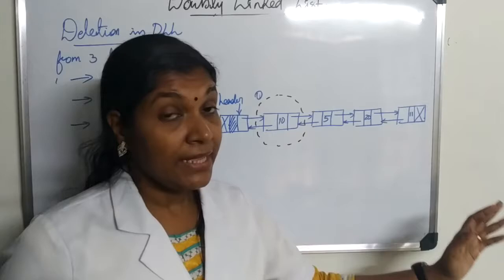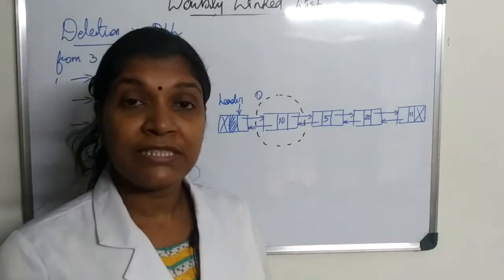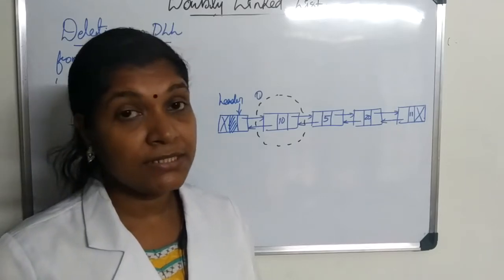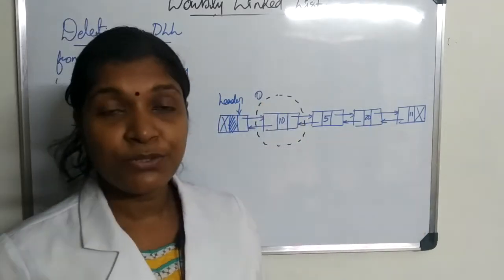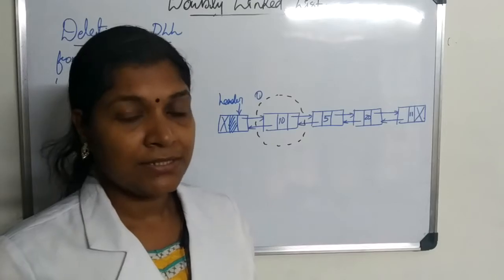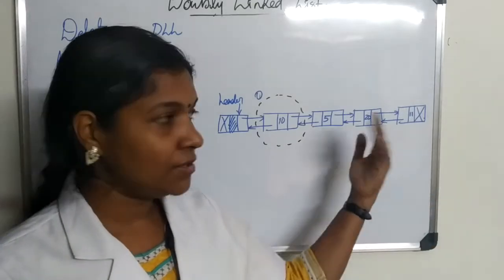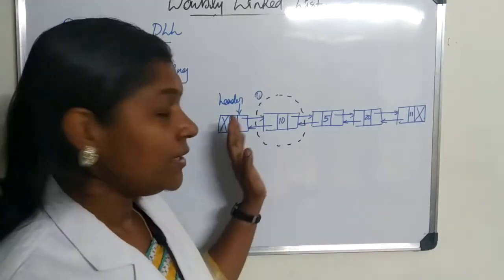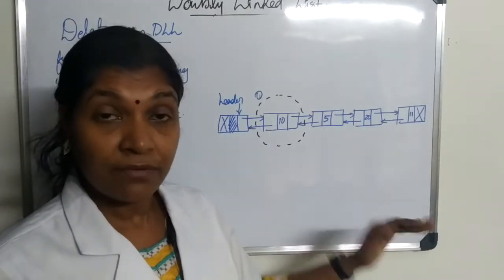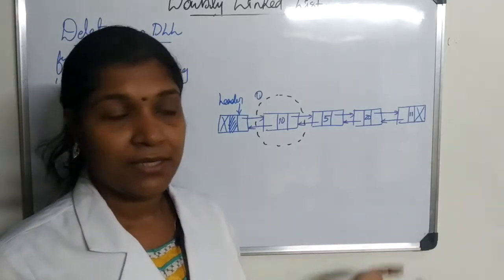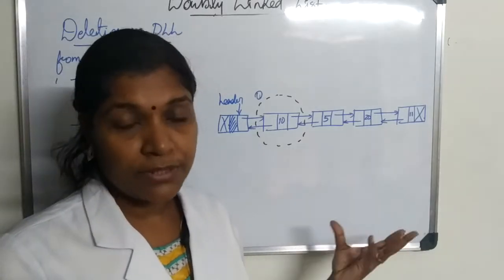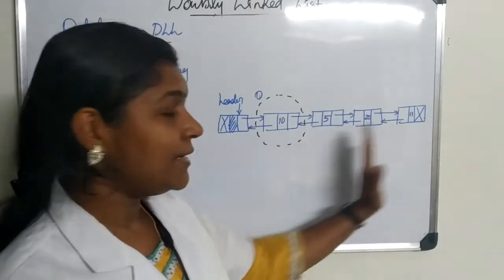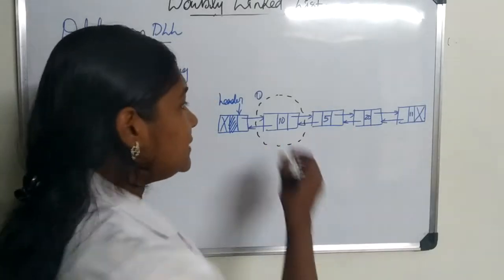In any of the cases, we would be checking whether the linked list is empty or not. And what is the condition for an empty linked list? If header.next is equal to null, then the linked list is empty. So first we will check that condition while considering our algorithm. In all these three cases, first we will be checking whether the list is empty. If it is empty, we will display that message. Otherwise, if deletion is possible, only then will we move to this part. So this is case 1.